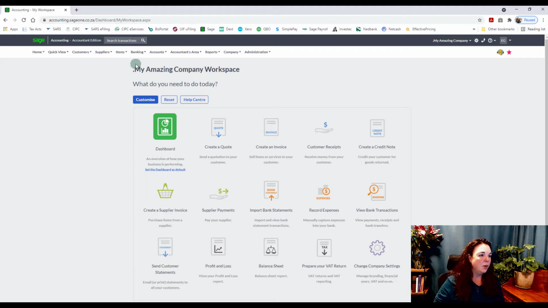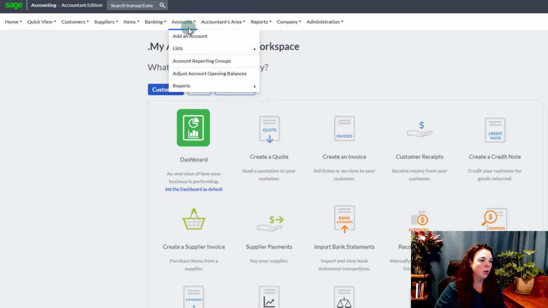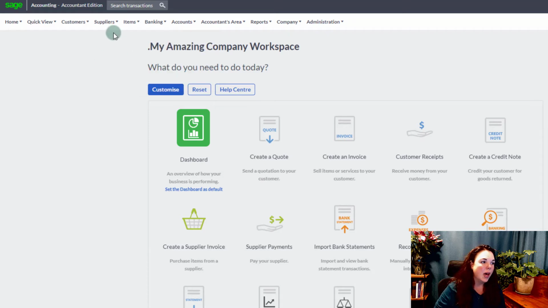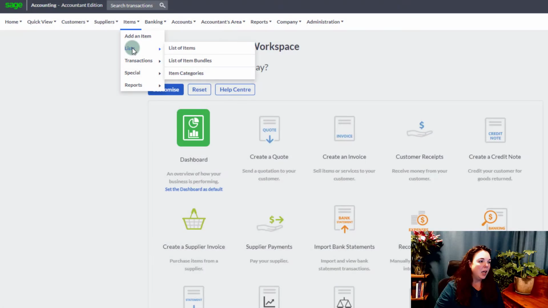Right, so previously we set up our company settings and we went through our accounting list as well as setting up our bank account. Now I would like to show you how to create your items. If you are a DGE client, then this will have been set up for you already as far as we possibly can, but you are also welcome to either edit it if you don't like the way it was depicted,